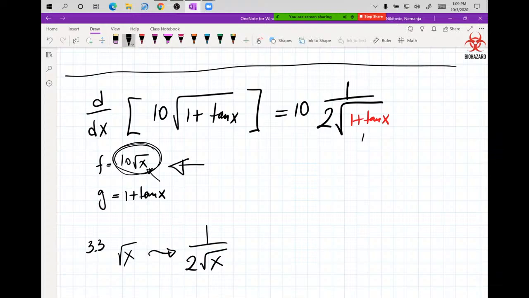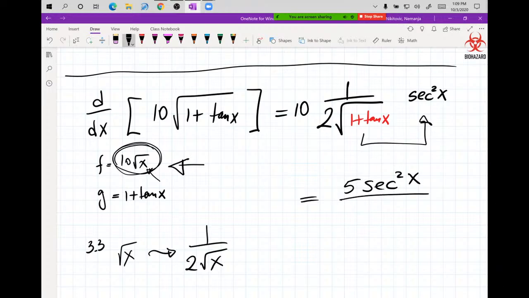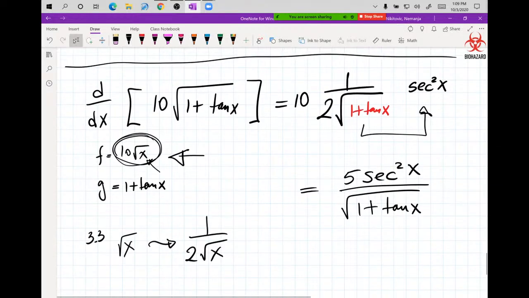And then the chain: take the derivative of the tangent. Derivative of 1 is 0, and then the derivative of tangent is secant squared x. Now 10 and 2 will cancel, so it's 5 secant squared x divided by the square root of 1 plus tangent x. It looks terrible to the untrained eye, but when you practice this enough, it becomes second nature,